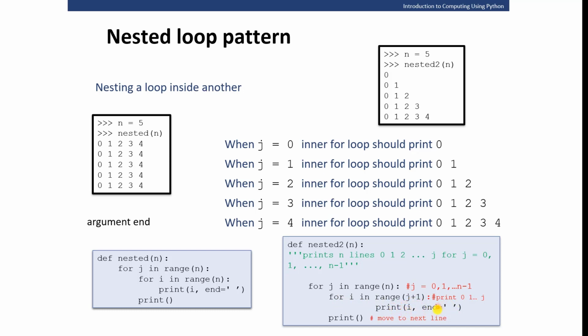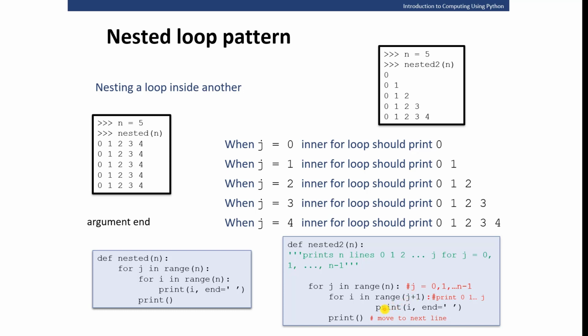then after that I'm going to print i, and use end equal to a space string to make sure that I'm printing the items on one line and then moving to the next line. Assuming n equals 5, what's going to happen is I'm going to iterate the outer loop till 4, and at the inner loop I'm going to iterate each time from 0 to